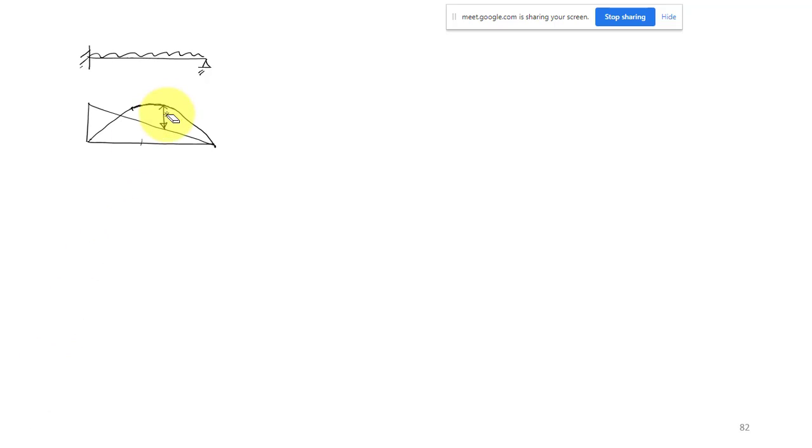This distance is equal to 0.414 times L, where L is your total length. Okay, and substitute x equal to 0.414 L in